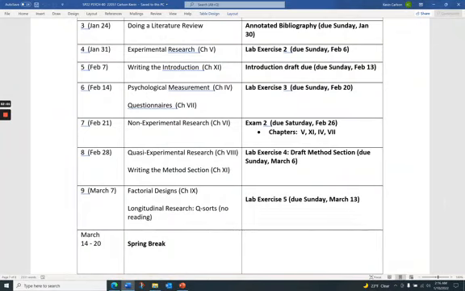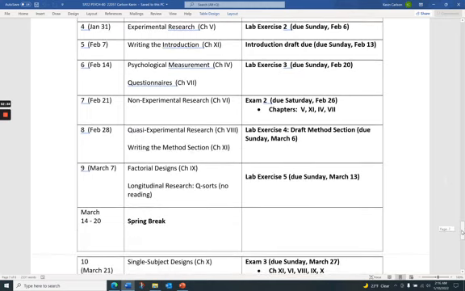So week number 3, you're going to be doing your lit review, which means looking up research articles and making that into your annotated bibliography. So do note that I've made our schedule such that I'm trying to help you as much as possible to develop your research project and your final research paper in steps, so that it's not a lot of pressure. We just do each of the little steps and then do all the little steps, and you're going to be totally fine by the end of the semester. You won't feel rushed or panicked.